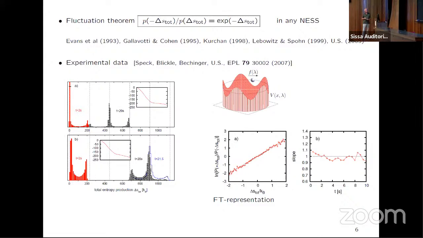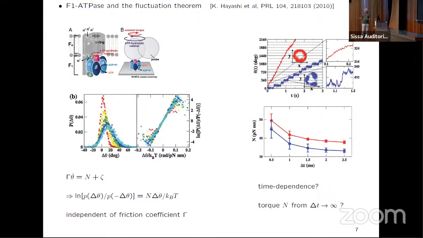Many of you have seen this slide, but I want to make one point. If you now measure experimentally this distribution, which we did some 10 years ago with Clemens Bechinger in Stuttgart, and you plot the data in this logarithmic fashion, you get a slope of 1, which is the fluctuation theorem. What did you learn? Not a terrible lot. You just learned that your experimental system complies with this Langevin equation. So the interesting aspects are systems where it doesn't work so easily.